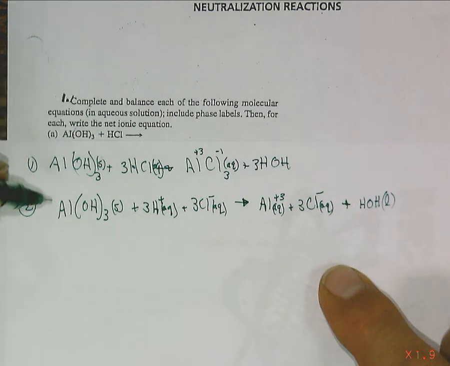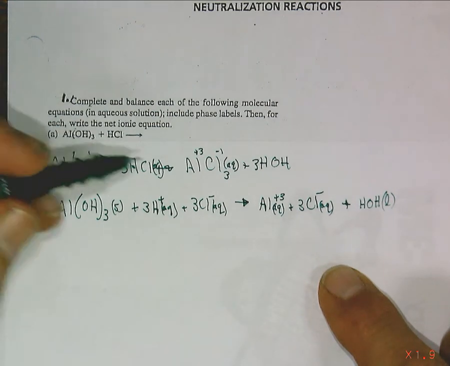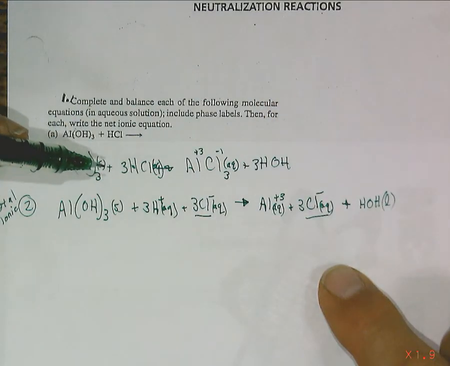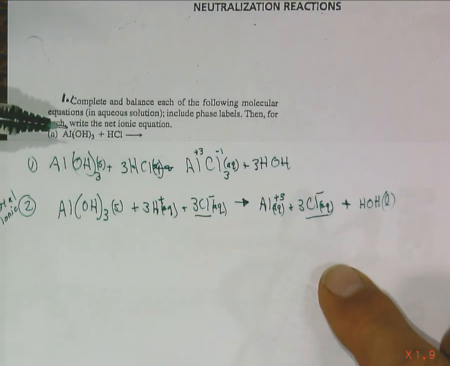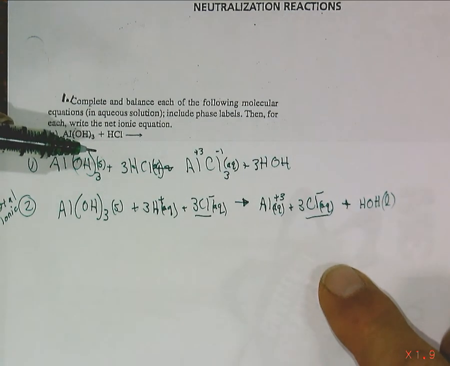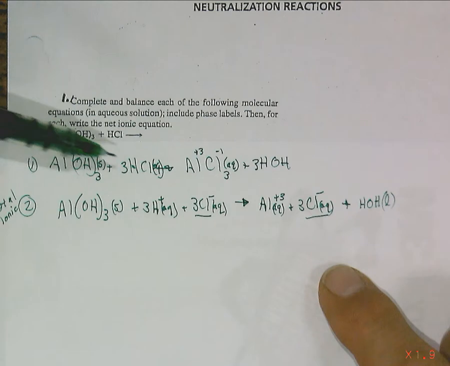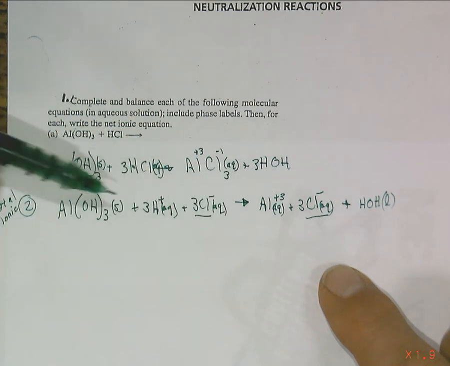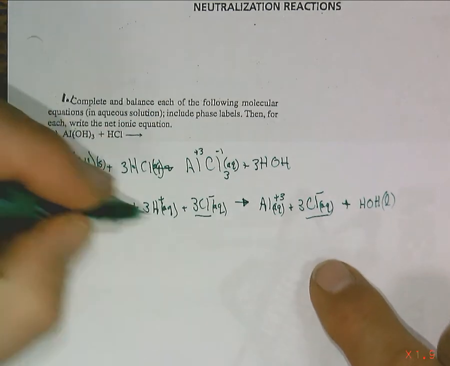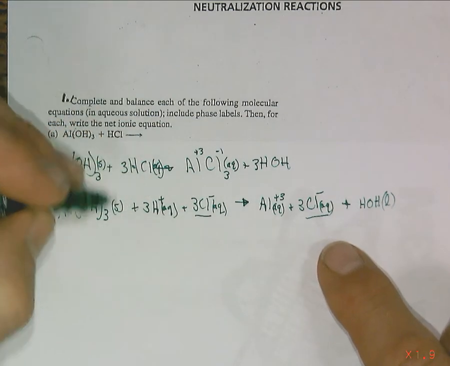So now, step 2, we look at our total. This is a total ionic equation. And we notice that we have Cl minuses, 3 of them, aqueous on both sides. So just like in math class, we can subtract or factor out, so to speak, those like terms on each side of the equal sign, or in this case, the yield sign. So we do that, those spectators are gone, or spectator is gone, and we're left with